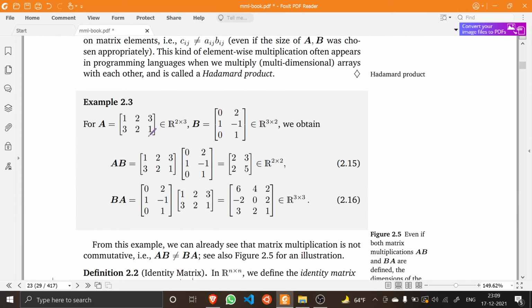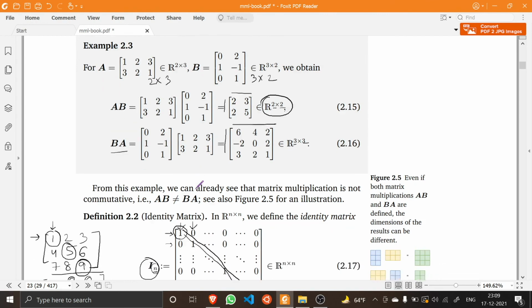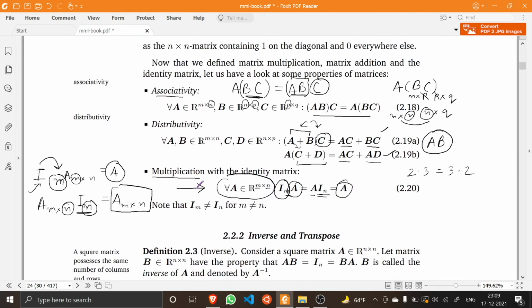As you can see in this example, they illustrate this fact very well. They have a 2 by 3 matrix and they have a 3 by 2 matrix. When we have AB, the dimension of the resultant matrix will be 2 rows and 2 columns. And if we compute BA, the dimension will be 3 rows and 3 columns. And a matrix with 2 rows and 2 columns can for sure not be equal to a matrix with 3 rows and 3 columns, right? So we see that matrix multiplication is not commutative. If you find even one counterexample, then obviously it's not commutative, right? So this is what I wanted to cover as a part of this video.